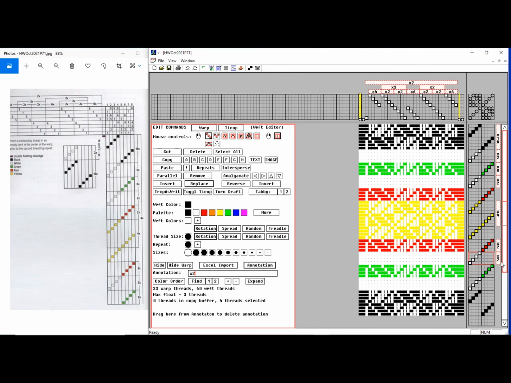Eight times on the green. Right click X8 plus, and the white block is 2 times. White block, right click X2 plus, and the final block is 18 times of the black. X18 plus, so now I've got all of the weft colors repeated, and the whole thing should be done